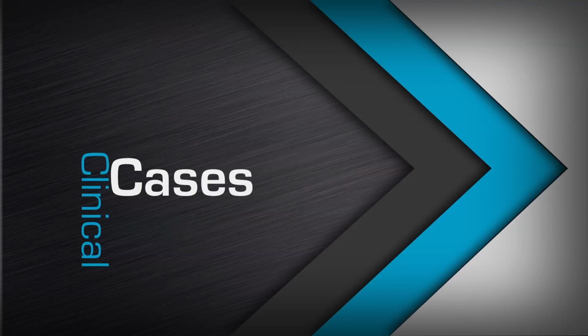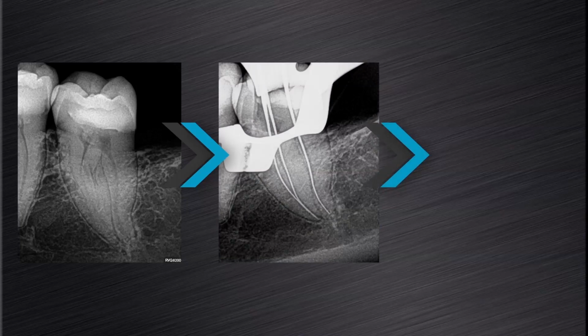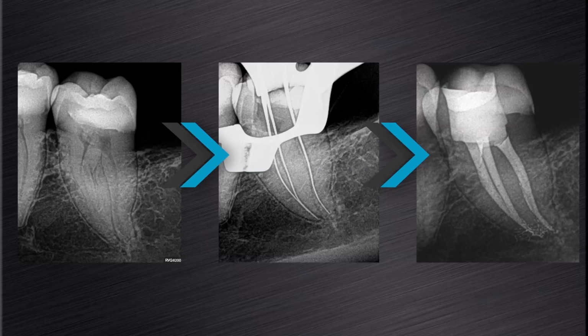I'll show you a few clinical cases that were done using the ProGlider and ProTaper Next combination protocol, and also focus your attention on the maintenance of the original root canal anatomy in these examples. In this case, a lower mandibular second molar that required root canal treatment, you can clearly see on the length determination radiograph that we have an S-shaped type of anatomy in the distal root. After preparation and obturation, it was evident that this anatomy was maintained after canal preparation with ProGlider and the ProTaper Next instruments.